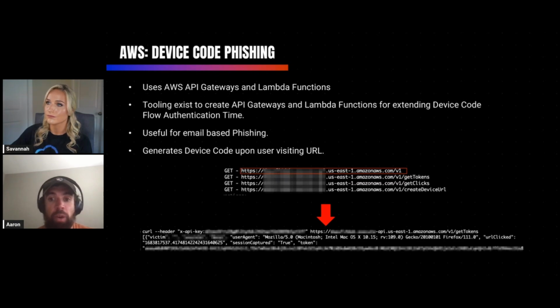And as you can see there, the way you gain access to those keys is you can run a quick curl command with an API key that is provided to you, and you're just polling for those different Lambda functions that you see there that will give you access to a user's token if they did authorize a device. So just a neat way to get around the initial limited amount of time that you have when you generate these device codes, is to use a tool like this that gives you a much longer threshold.